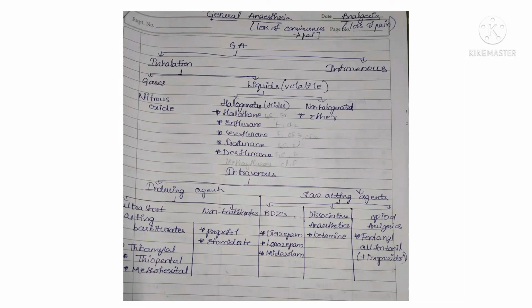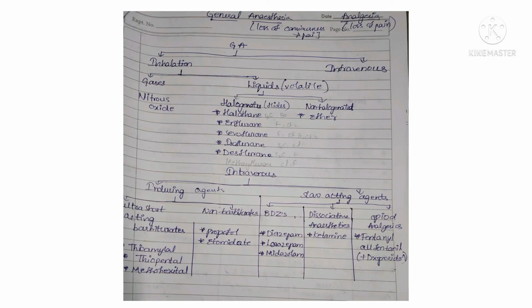The mechanism of action of inhalation general anesthetics is, when they are administered into the body, these drugs enhance the binding of GABA to the GABA A receptor, which results in opening of the chloride channels, and there is an influx of more chloride ions, which causes hyperpolarization of the membrane and reduced neuronal excitability. Hyperpolarization leads to reduced neuronal excitability, which leads to CNS depression. In this way, the person is made